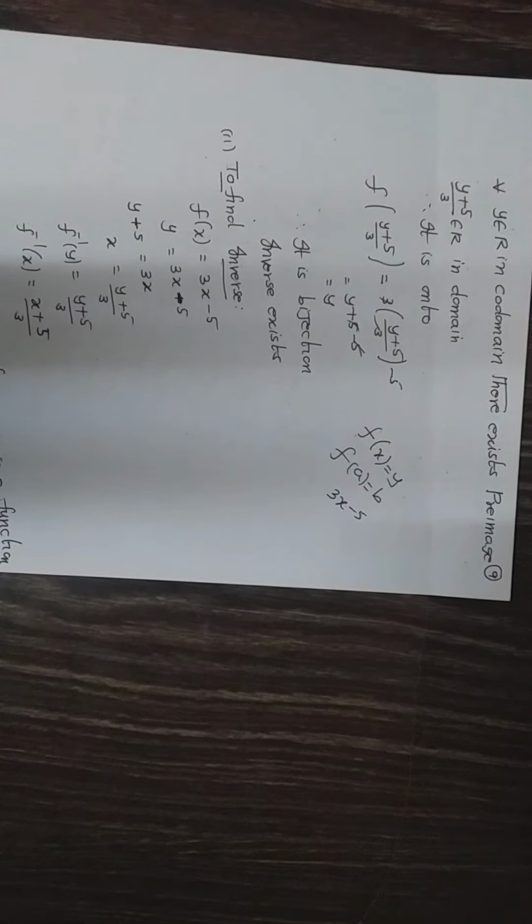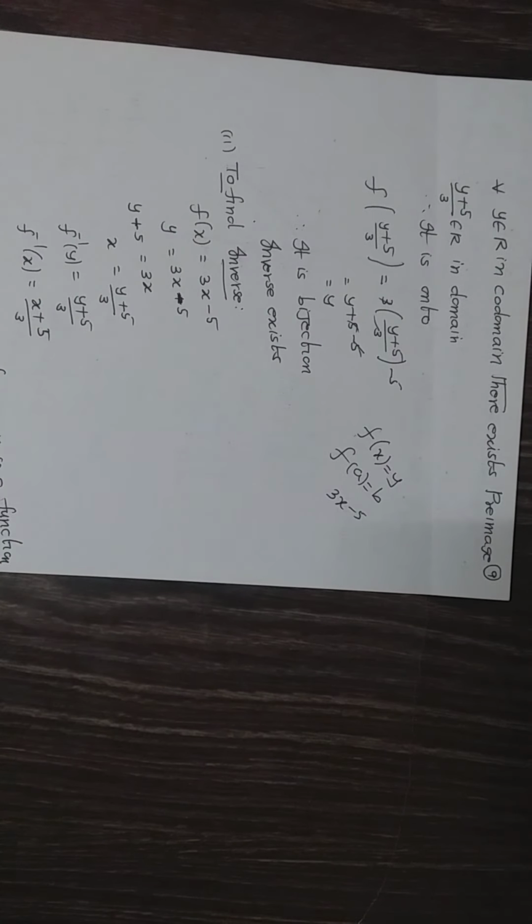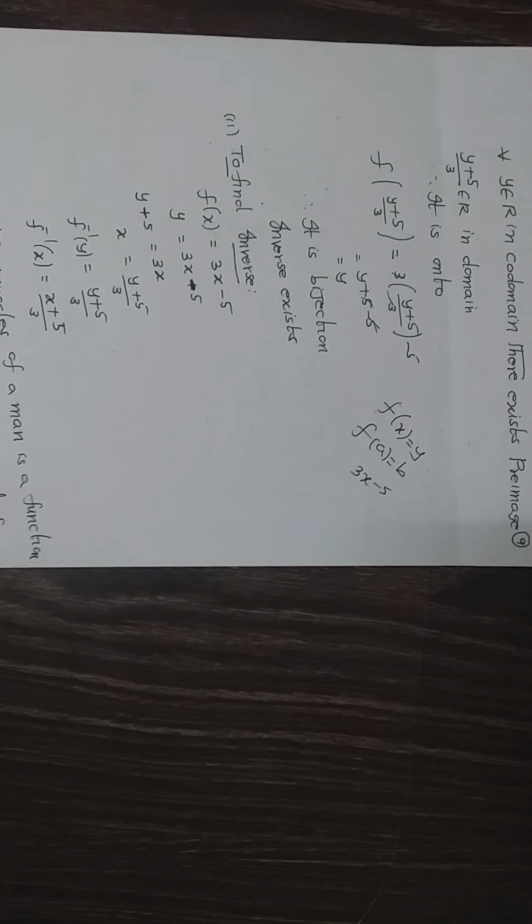So if it is a bijective function, the inverse exists. Inverse exists. So now we have to find the inverse. Students, I told you how to find the inverse. There are two methods: the fog-gof method, like the Ix, Iy method. But another method is also there. I told that 4 steps are there to find the inverse of the given function. What are the 4 steps?